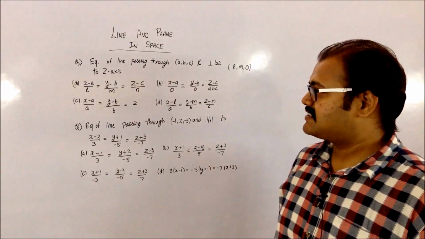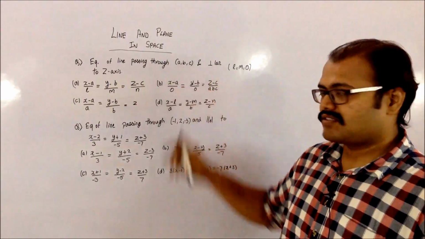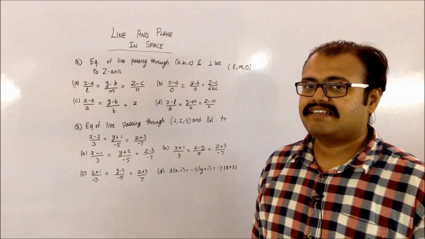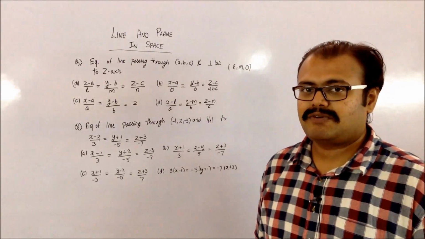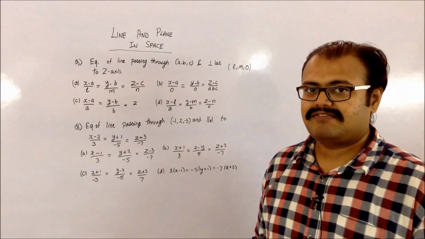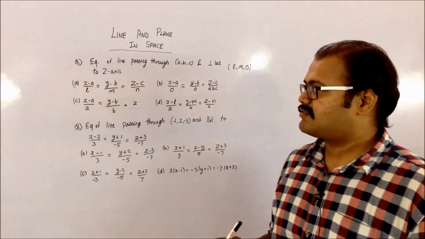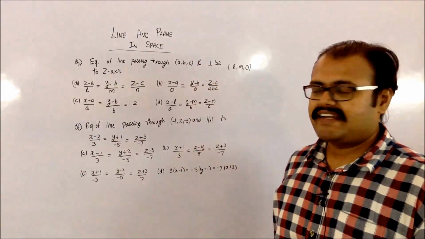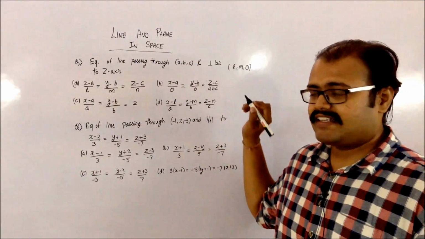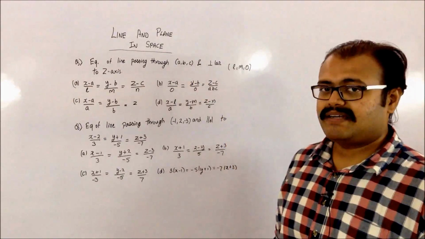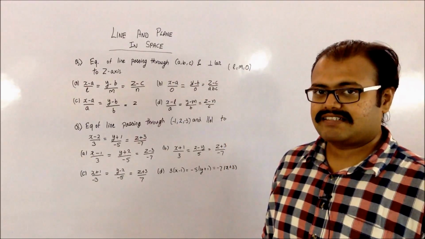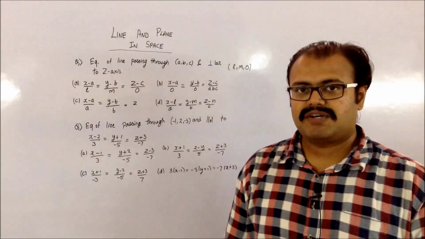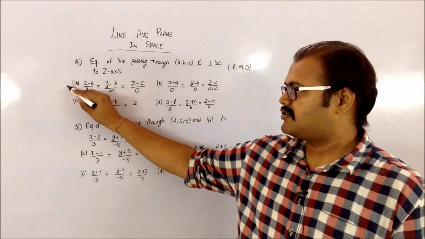Next, we have to understand that it is going to pass through this point. So we know that it is my symmetrical form. My symmetrical form requires the corresponding points to be subtracted from the variables x, y, z. So in this case it should be (x minus a) divided by the directional cosine l, (y minus b) divided by the corresponding directional cosine m, and (z minus c) divided by 0. If you look for that option, it's going to be option A.